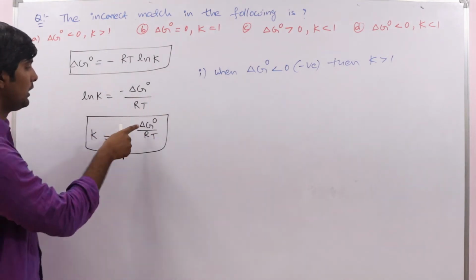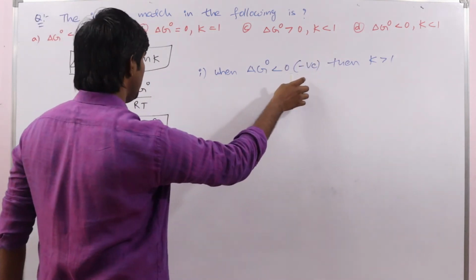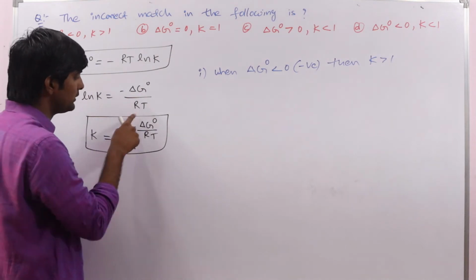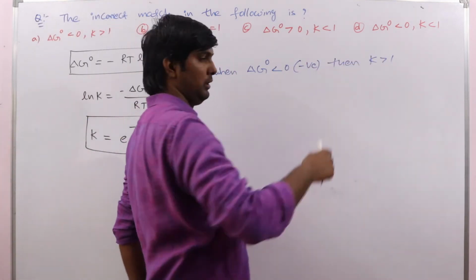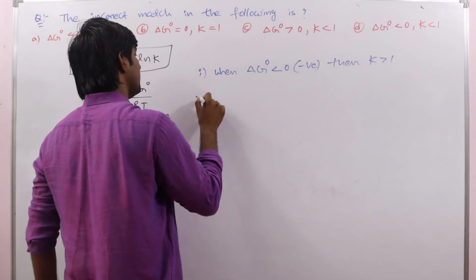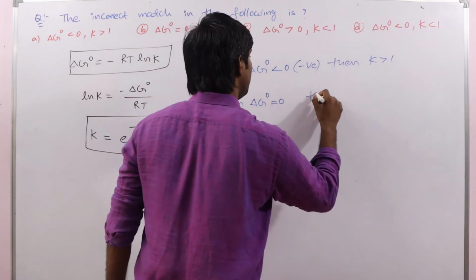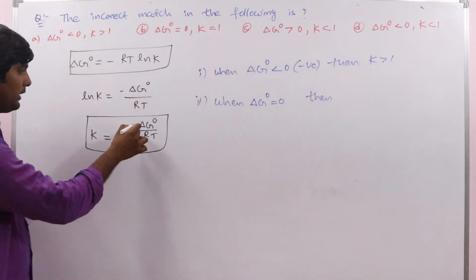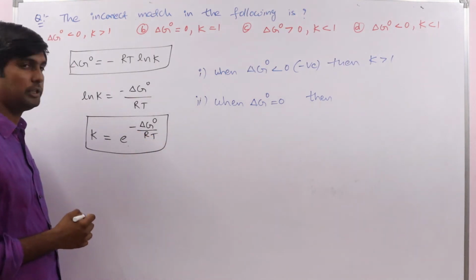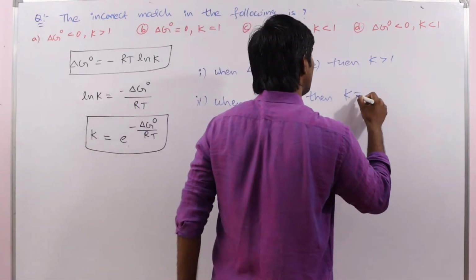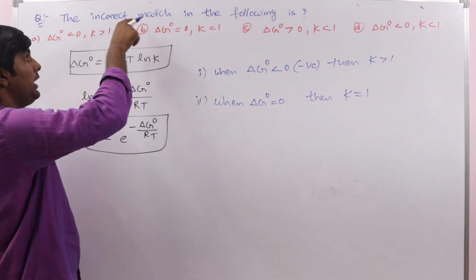Okay, right. So here if delta G naught is less than 0, that is Gibbs energy change is negative, then already here we have minus symbol, so minus into minus plus, total value is positive, so K is definitely greater than 1. Okay, next, when delta G naught is equal to 0, see, if delta G naught equal to 0 means this total will be 0, so e power 0 is 1, yes or no, something power 0 is equal to 1, then K is equal to how much? 1. So that's why this is also correct match, but they ask you to find incorrect match.